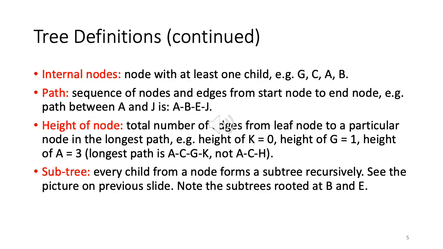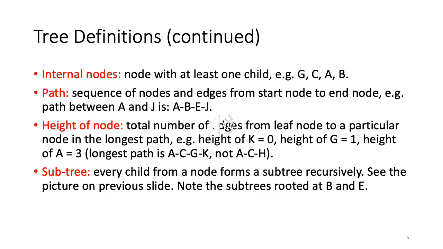If you see slide number 3, the original tree is rooted at A. It has 11 nodes and 10 edges. Now, what is the child of A? One is B, and you can see in black a subtree rooted at B. How many nodes does that subtree have? 1, 2, 3, 4, 5, 6 nodes: B, D, E, F, I, J.